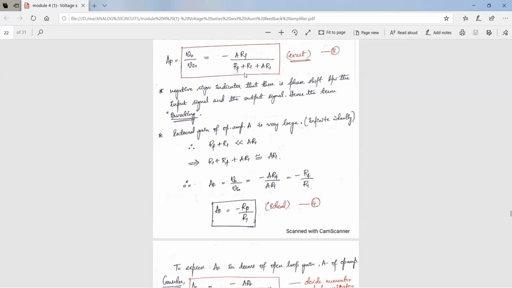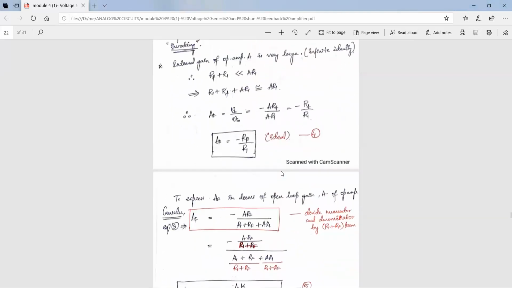This R1 plus RF is very small when compared to A into R1. So I'll just write A into R1 instead of this big term. So AF will be equal to minus A RF by A R1. A and A will get cancelled in the numerator and the denominator, and the remaining will be minus RF by R1. This is the ideal equation for closed loop voltage gain of the inverting amplifier,